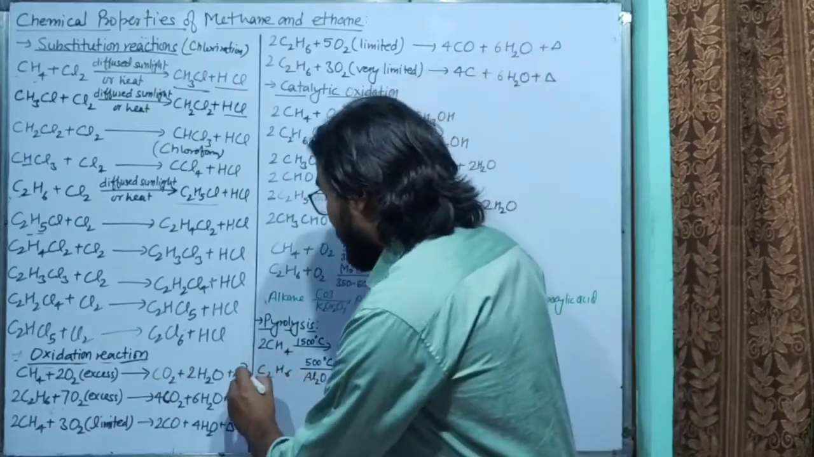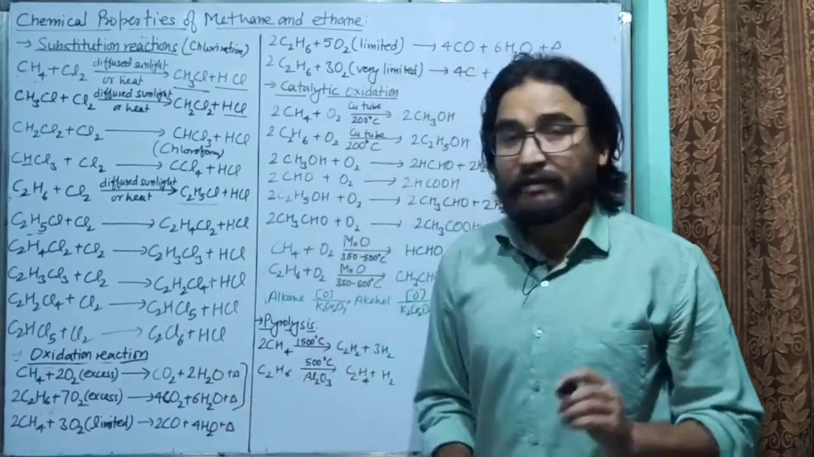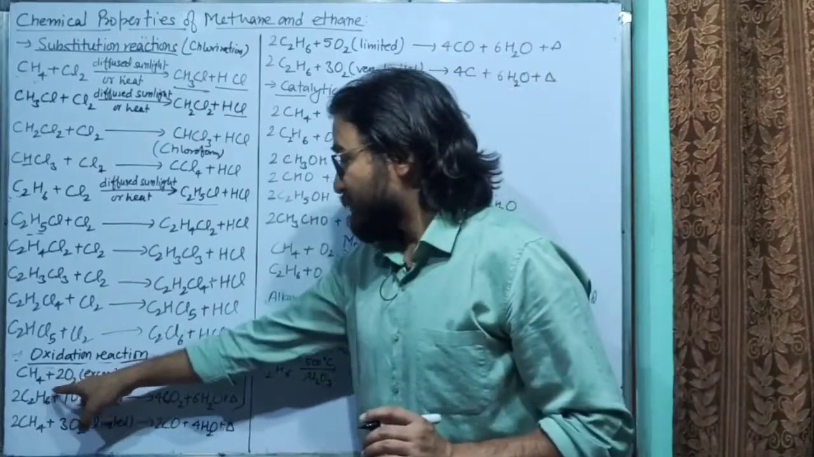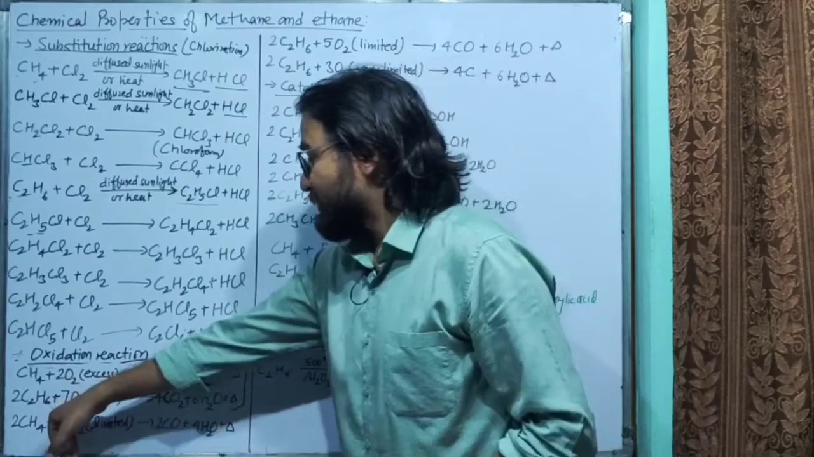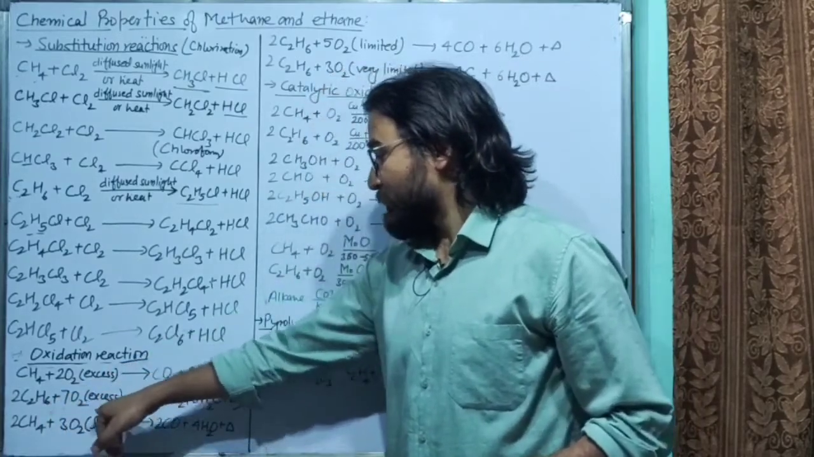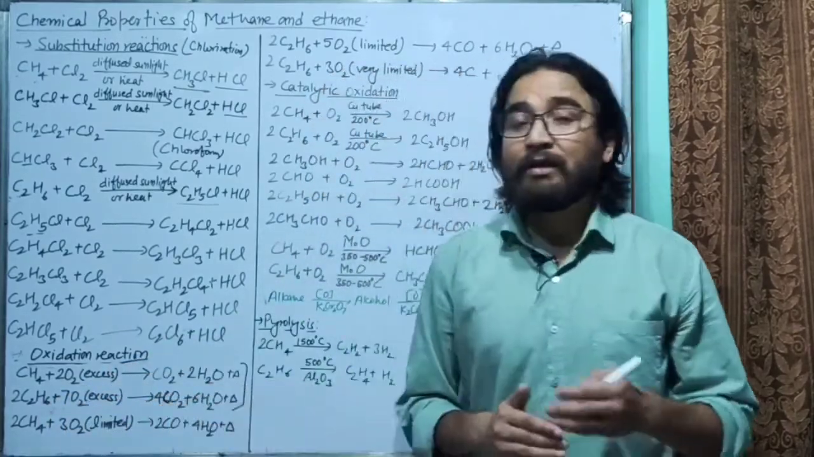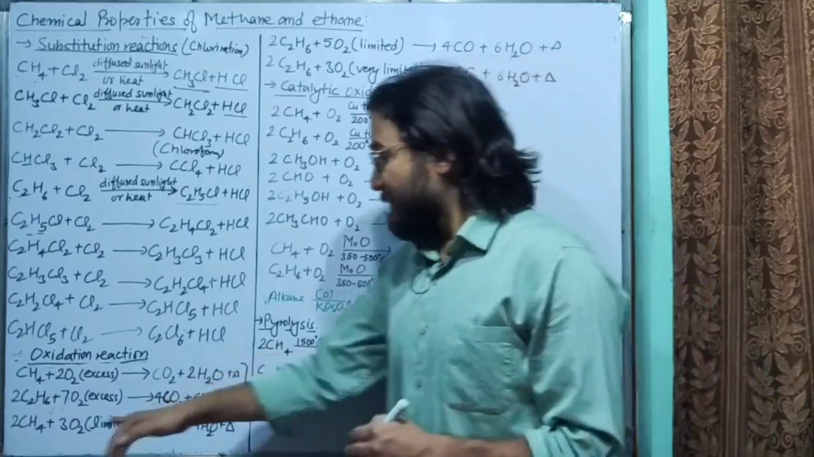So this is called complete combustion. So these are the combustion reactions. CH4 plus 2O2 will give CO2 plus 2H2O. Similarly, 2C2H6, that is ethane, plus 7O2 will give 4CO2 plus 6H2O. Similarly, we have